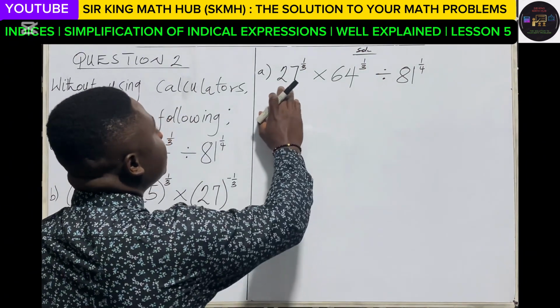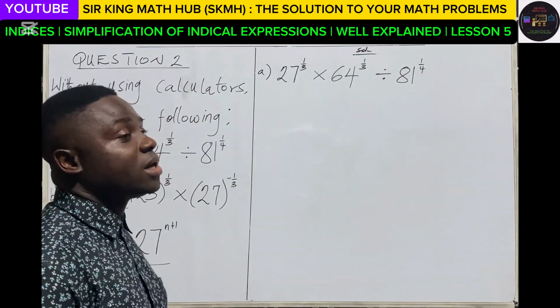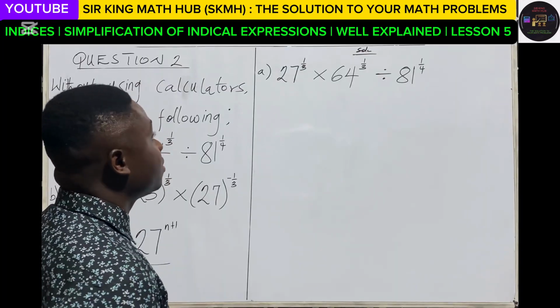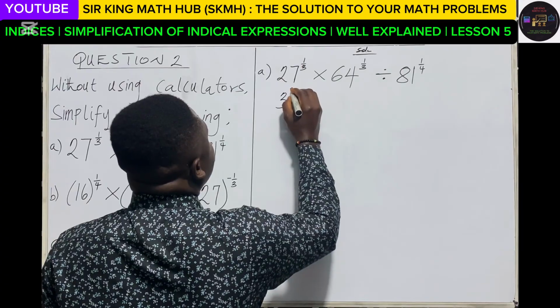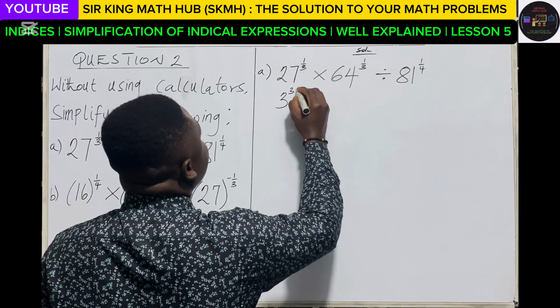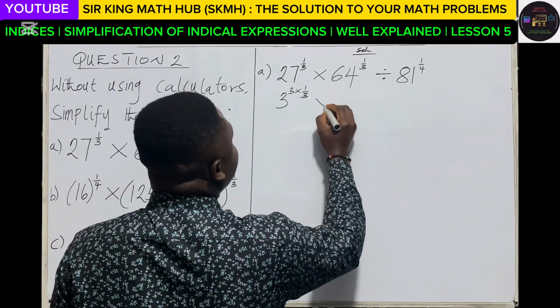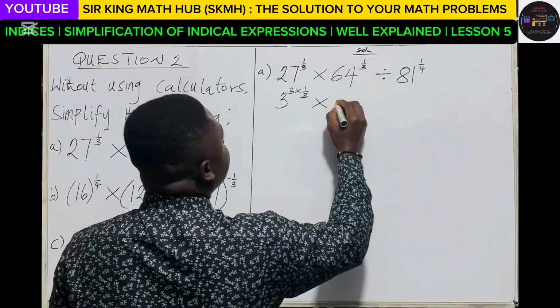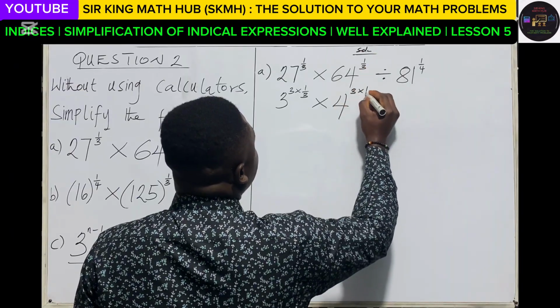We need to write 27 in indices such that it will have an index of 3. That is 3 exponent 3, and this will multiply 1 out of 3. Again, for 64, that will be 4 exponent 3, then multiplying 1 out of 3,